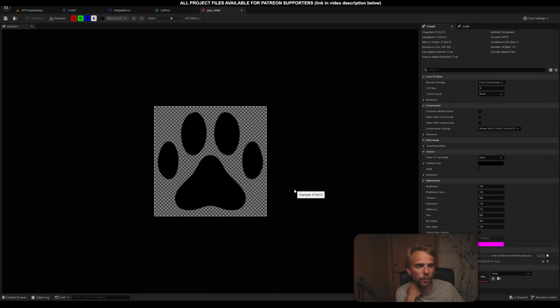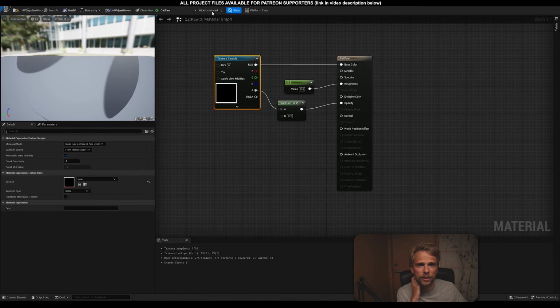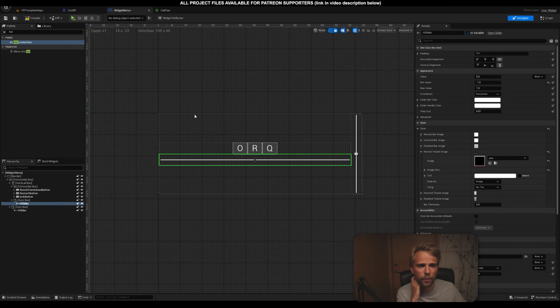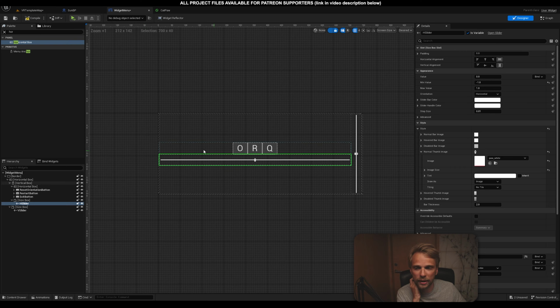Paw white, open it up. And for the brightness curve of this image, we just do -1, and now it's white. Inverted. Many ways to do it, by the way. That's just one of them. Okay, so with that done, we can go back in here, and for the slider, instead of paw, we can use paw white. You can see that the